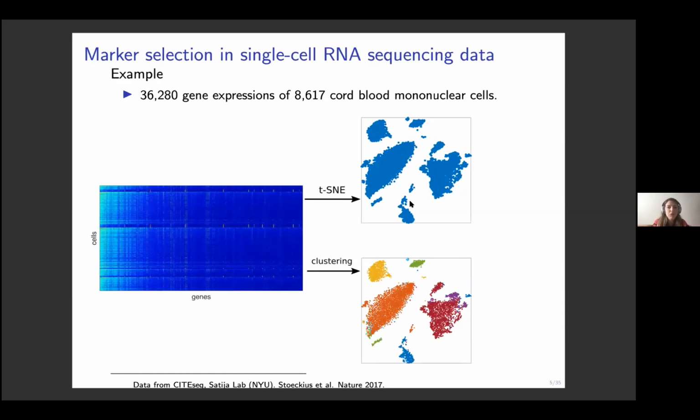After you visualize this data set, you may want to cluster it. There are many algorithms that you can use for clustering, for instance, k-means or k-nearest neighbors. In this example, I'm not. Of course, you will never do the clustering on this two-dimensional space, but you would do it in the high-dimensional space. And in this case, I actually don't need to run clustering in this data set because I know the